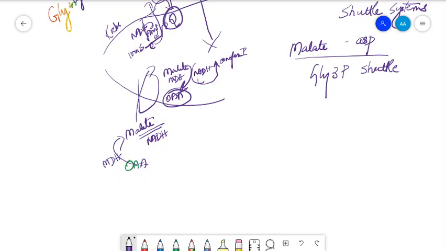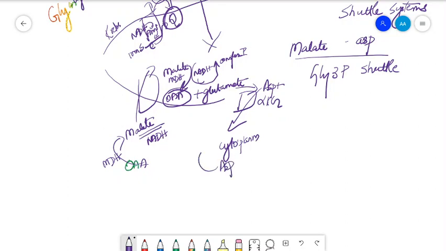No. It is transported back to the cytoplasm with the help of glutamate. So there is one transamination reaction that occurs. What does oxaloacetate plus glutamate produce? It produces aspartate and alpha ketoglutarate. This alpha ketoglutarate is brought back to the cytoplasm with the help of the aspartate shuttle. Aspartate is also permeable to the inner mitochondrial membrane, and aspartate reaches the cytoplasm, where it is converted back to oxaloacetate by another transamination reaction, and oxaloacetate is regenerated. So that is the function of the malate aspartate shuttle, which is used for transporting the NADH.